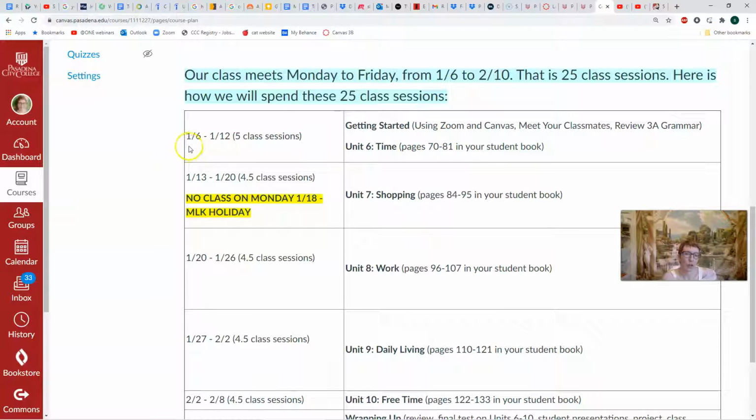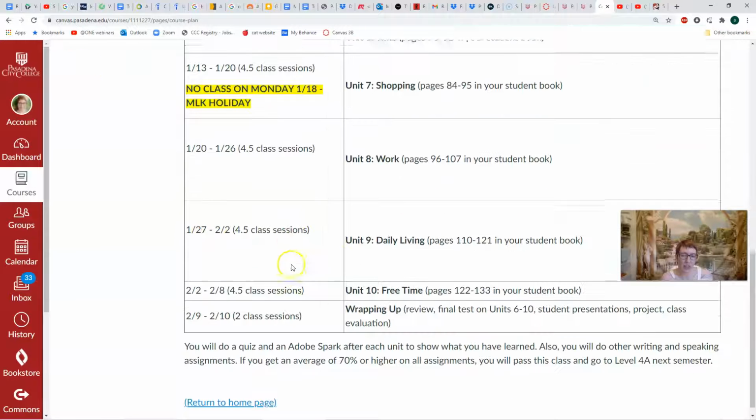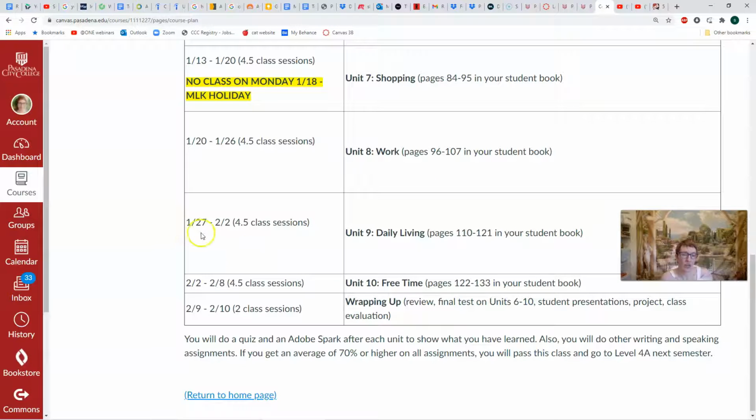So from January 6th to the 12th, we will get started and also cover Unit 6 time. Unit 7 will be January 13th through the 20th. Unit 8 is January 20th through the 26th. Unit 9, January 27th to February 2nd. And Unit 10, February 2nd through the 8th.